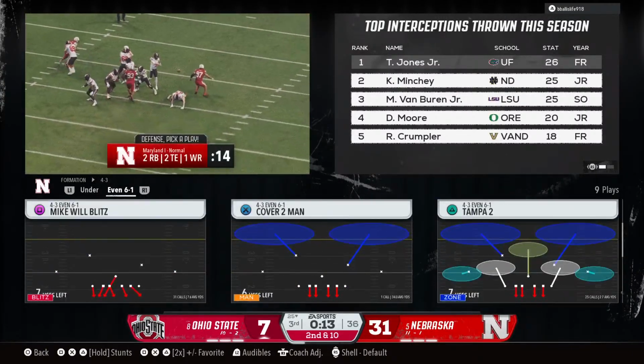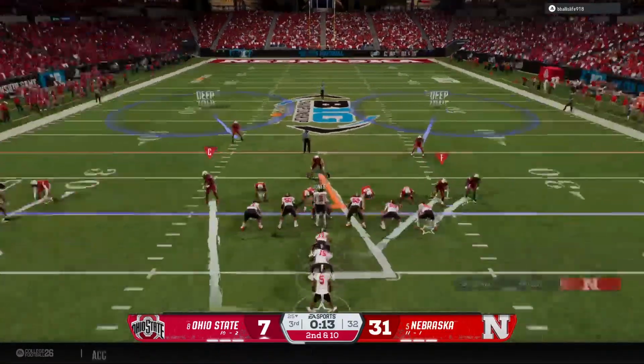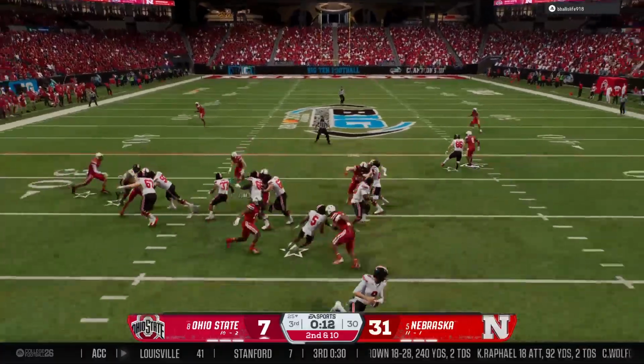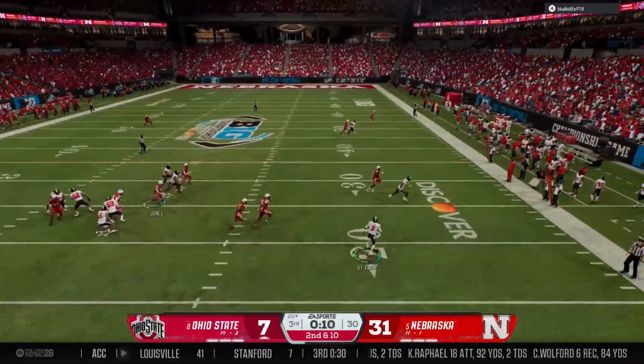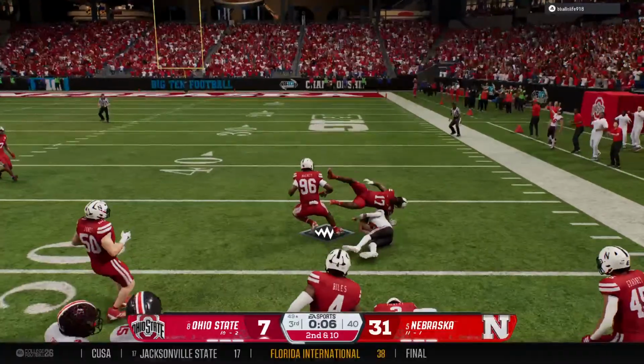Who doesn't love an old-fashioned flea flicker? The defense sees run. They come flying down to make the tackle right as the receivers run right past him. He escapes the pocket. Quarterback takes off now, looking to scramble. Muscles past the defender.